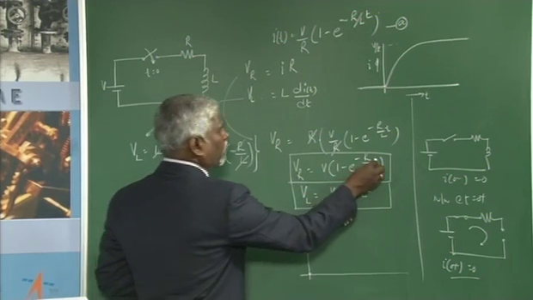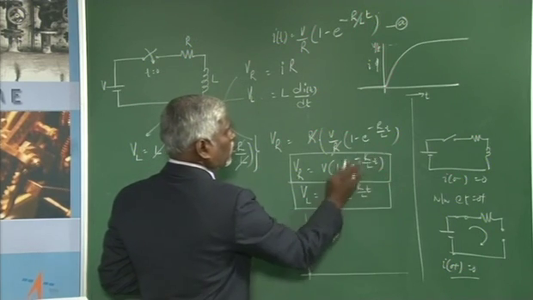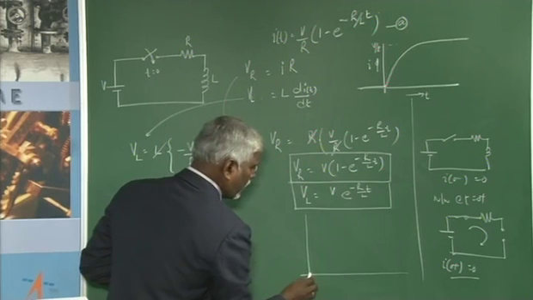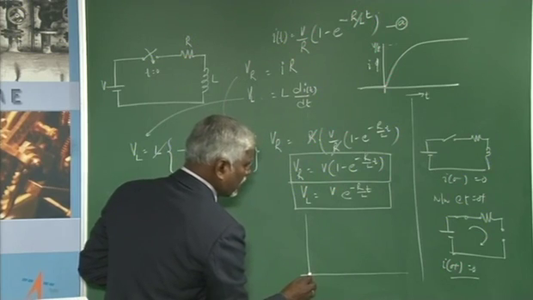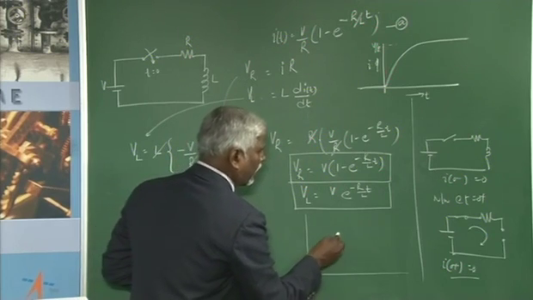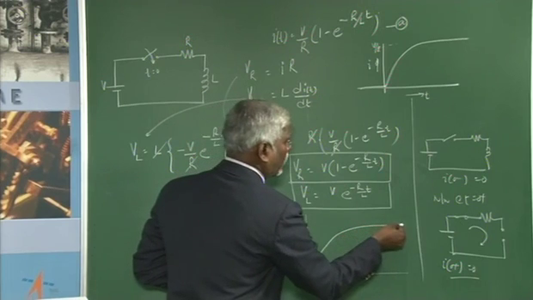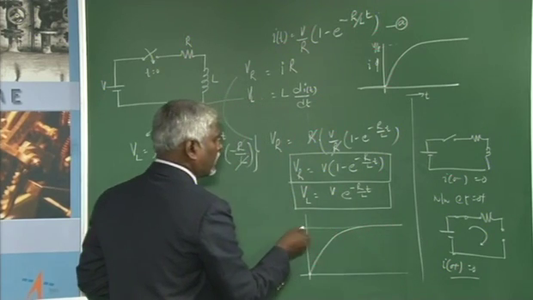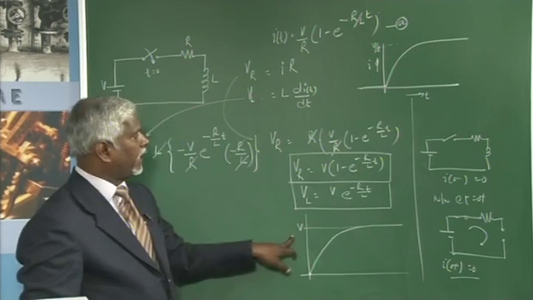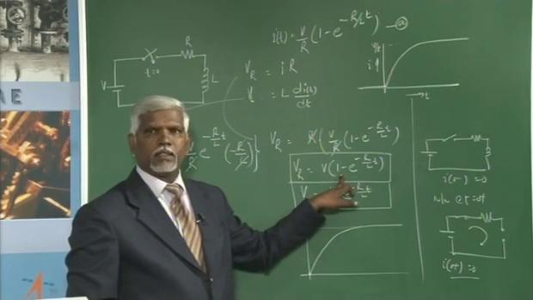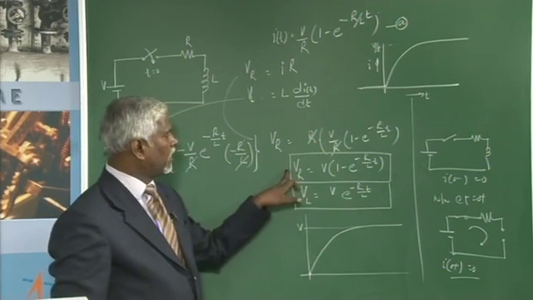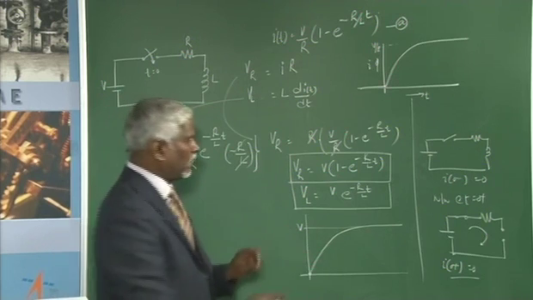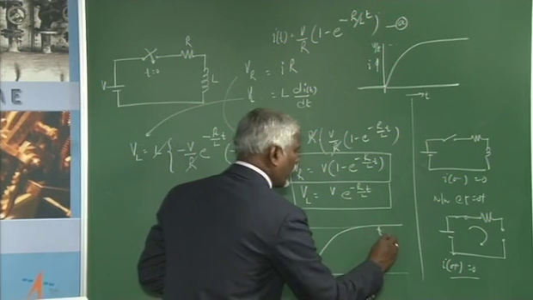Then as t goes to infinity, this goes to 0. So, it is V. Voltage across the resistor keeps on varying and reaches a value equal to V. This equation tells us that voltage across the resistor is this, means this is your VR